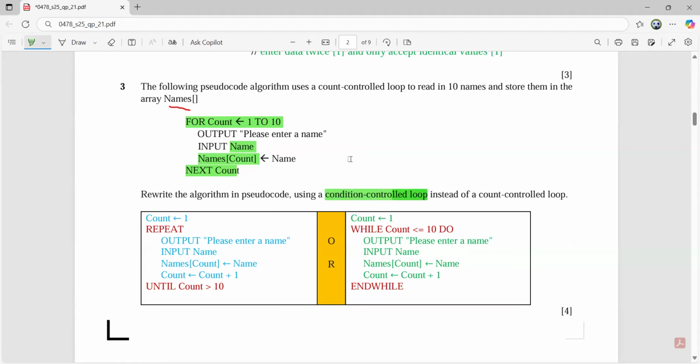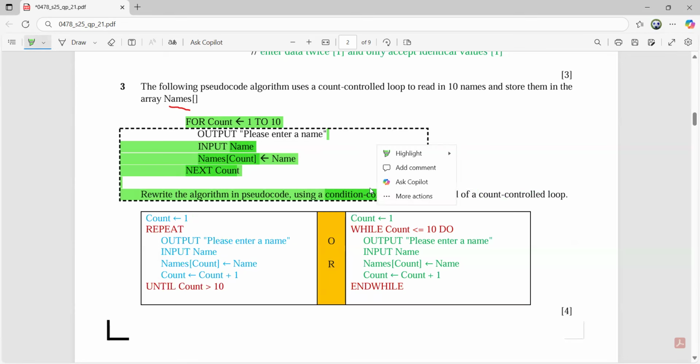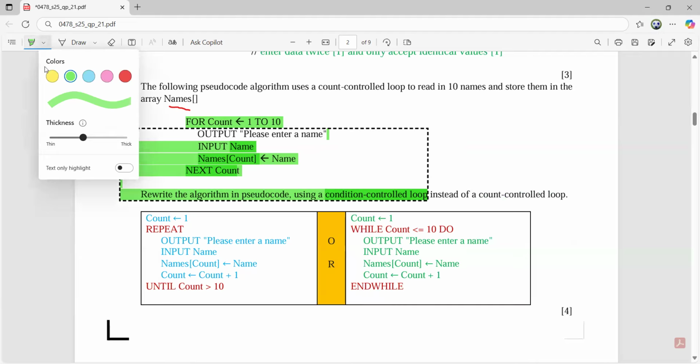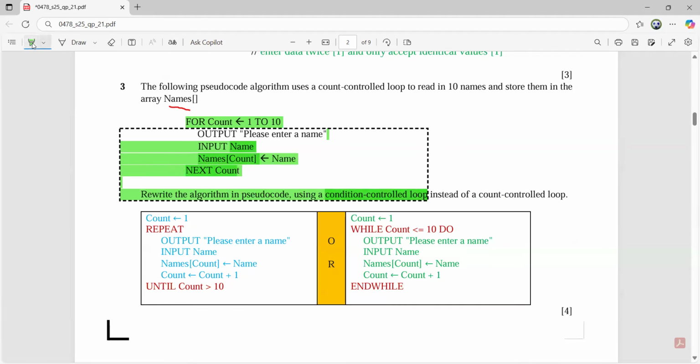Now, I hope that we all know condition control loop means that we are talking about the repeat until loop, or we are talking about the while loop. So this is done in this manner. If a student has chosen repeat until, what can he write? Count equals 1, repeat, output "please enter a name", input name. Names of count equals name, count assignment operator count plus 1, until count greater